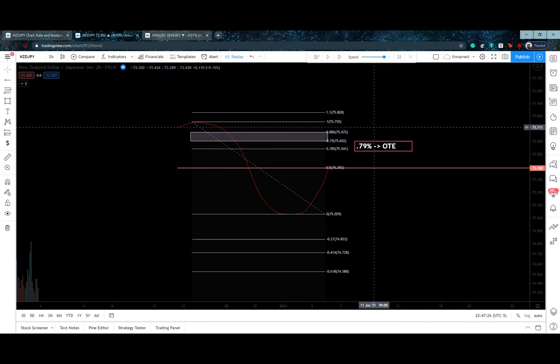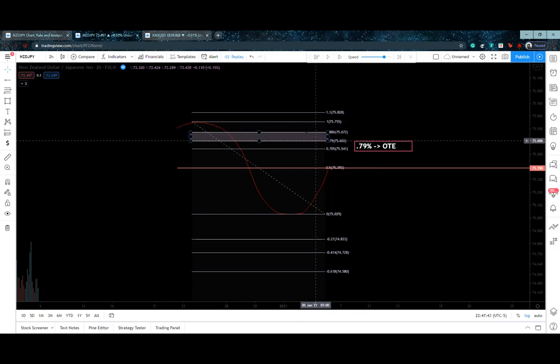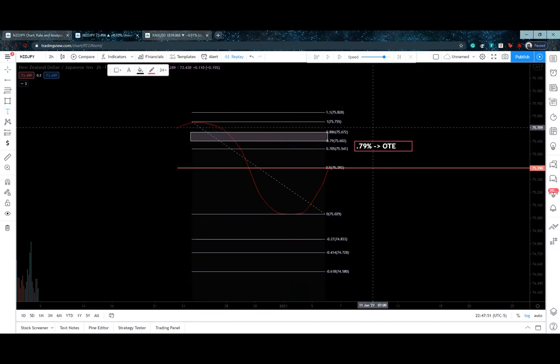You decide whether or not you actually like the move for what it is. At that point, you decide your move and say, okay, am I going to take the 79 OTE entry, or am I going to hold off? Now, this is very interesting because this is a zone, not a line. And this zone is a zone because the other fib level, which is extremely important, is also known